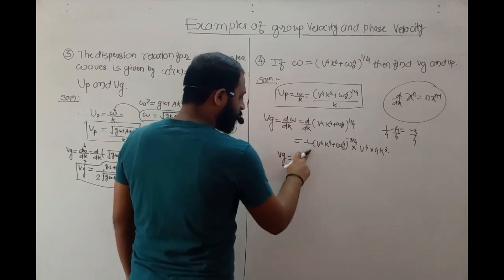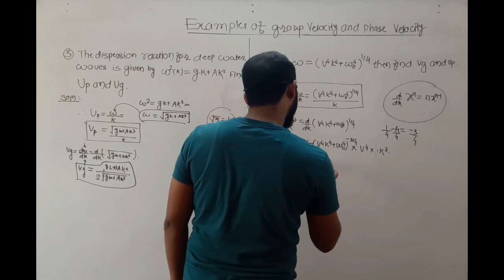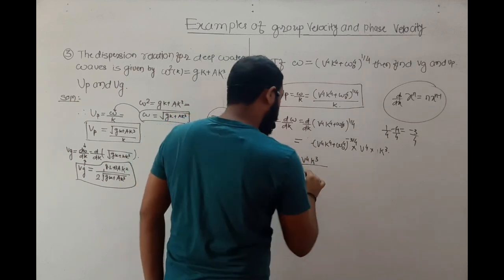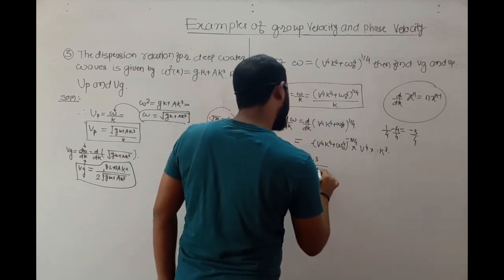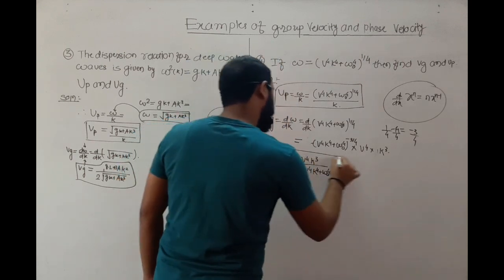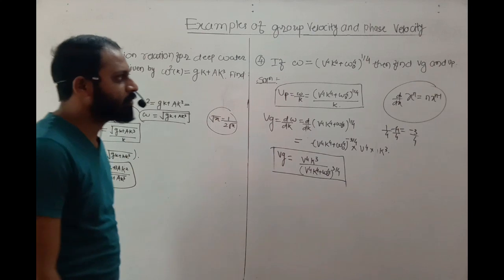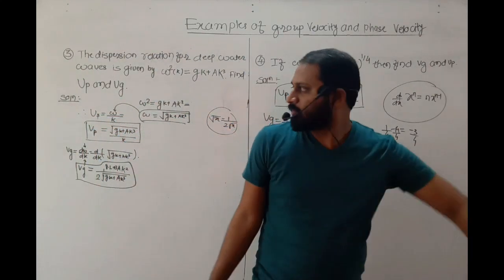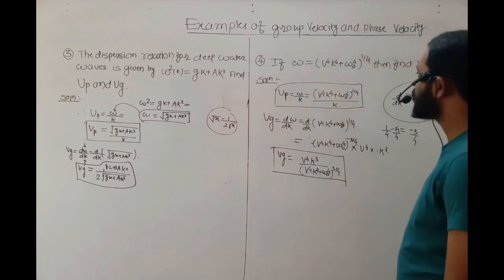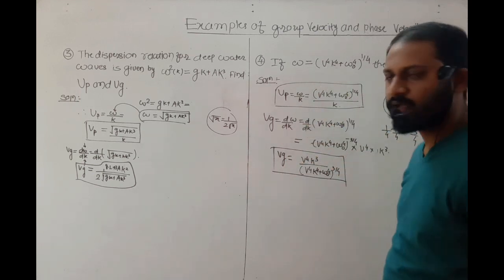Now see, this 4 gets cancelled. What remains? v⁴k³. Now see, I am adjusting these terms: (v⁴k⁴ + ω₀⁴) whole power. This is your group velocity. Again the level 1 questions, एकदम सिंपल सवाल है. सभी क्वेश्चन जो मैं ले रहा हूँ जस्ट लेवल 1 के क्वेश्चन हैं. ये भी क्वेश्चन सीधा v equals to ω by k, फिर v_g equals dω/dk, ये भी ओमेगा देखते हैं ना, after that just differentiate with respect to k, this omega.